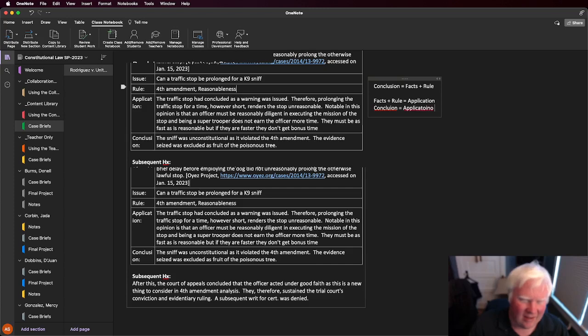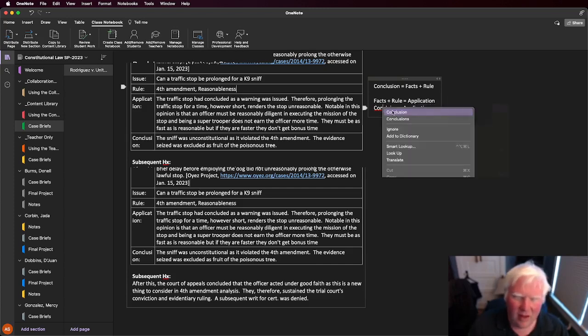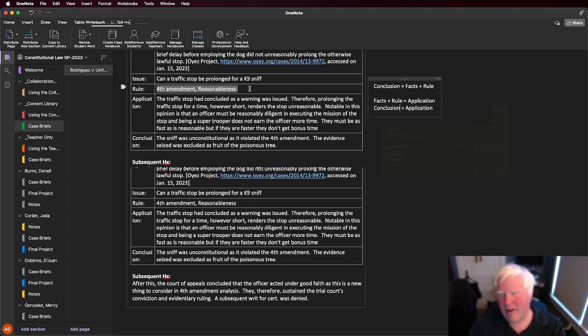The big thing is, if I could spell, the big thing is that you want to separate these out, because when you go to look at this again, you want to make sure that your rule is really easily defined for you to find. We could be talking about some Missouri law instead, in which case, if I'm flipping through case briefs, I want to be able to find that, oh, okay, this isn't the Fourth Amendment, this is Missouri section